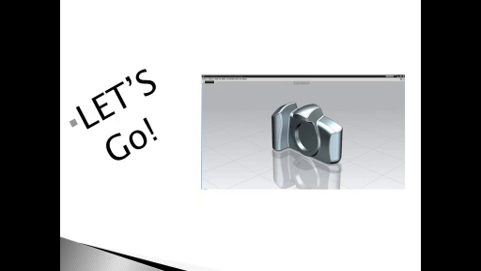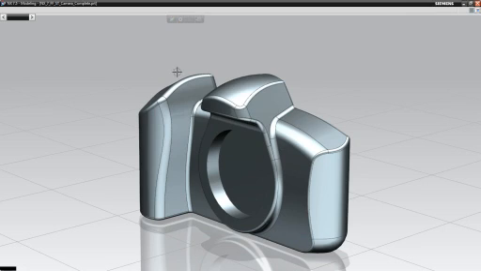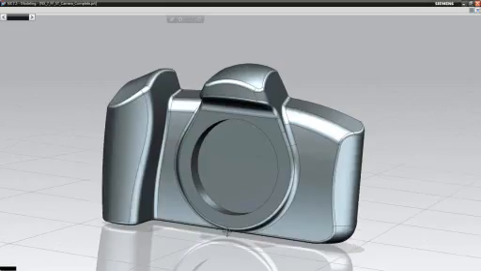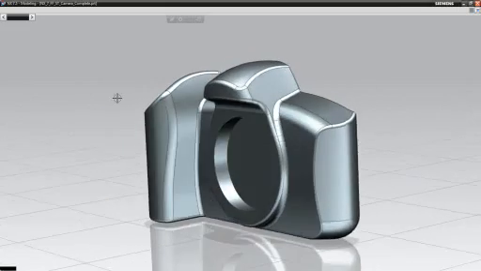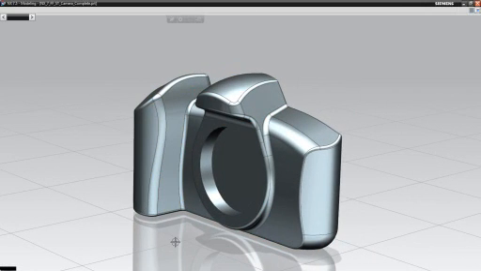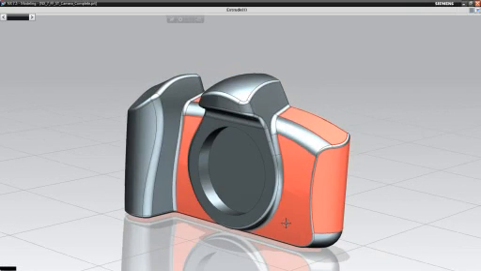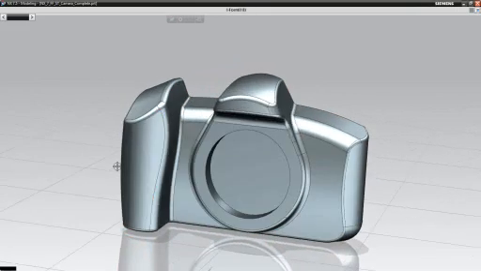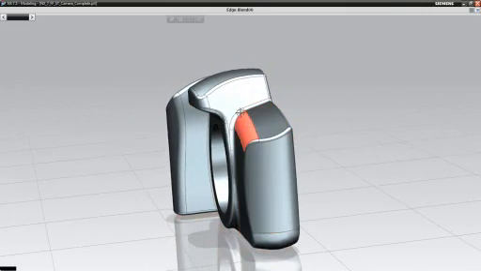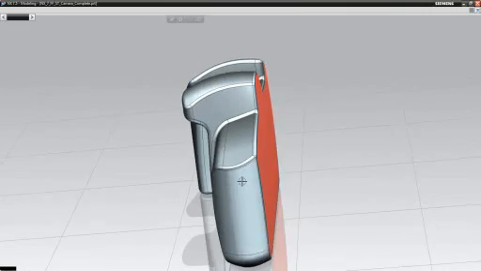So let's take a quick look at some of these tools that are inside of NX. Jump over here to my NX model. What you're seeing now is a design for an SLR camera base. We're going to take a look at using these tools to get in there and create these shapes, pull these surfaces, and modify this. And we're not going to go through and build this whole camera base up, but we're just going to take a look at some of the tools that are inside there and talk a little bit about how to use them,